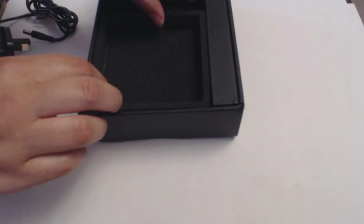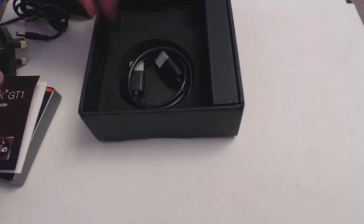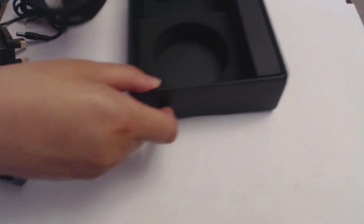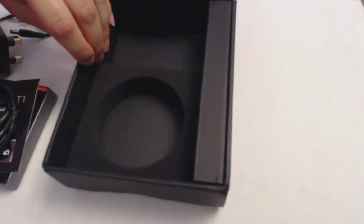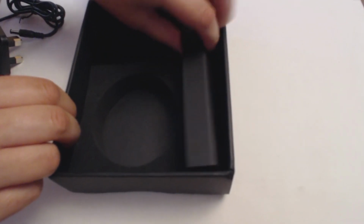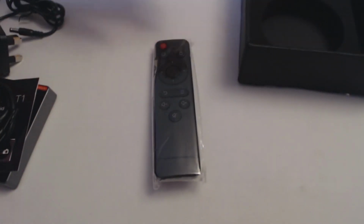Go back to the box again, take the foam out that held the Android TV box, and you'll find a HDMI wire. This is a bit short, it's only 80 centimeters, but if your box is close then you shouldn't need any longer. And the last thing in the box is the remote control. It comes well wrapped in its own little box and has a cellophane cover on it, so you can take